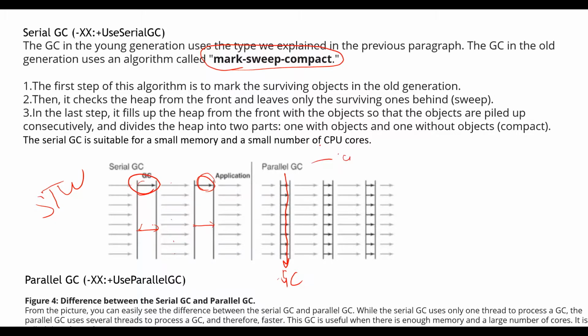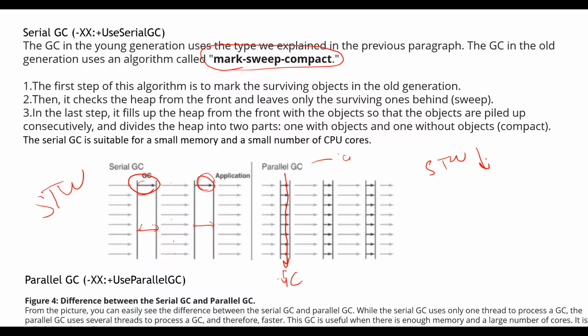So what is the advantage? This stop the world gap is smaller in parallel GC, because multiple parallel daemon threads are running for GC, doing their job. Instead of one person doing the job, now 10 people are doing it.